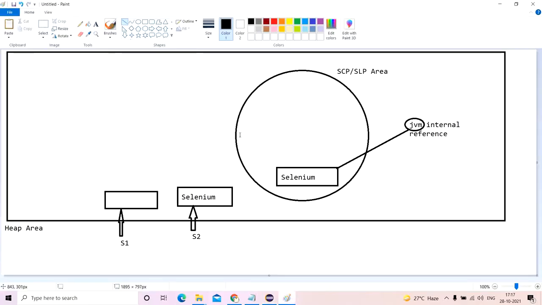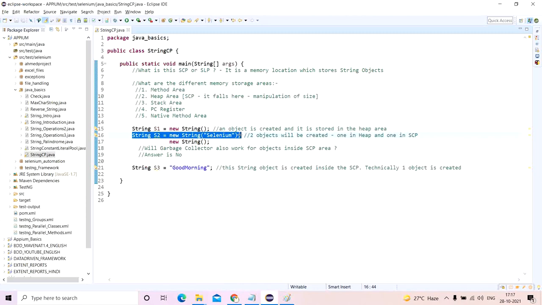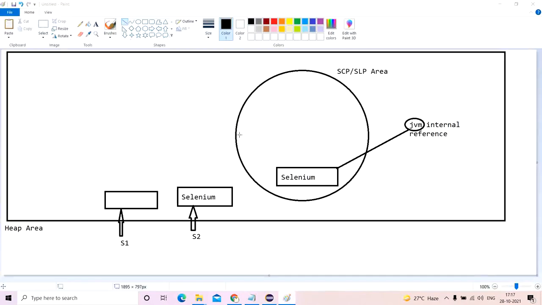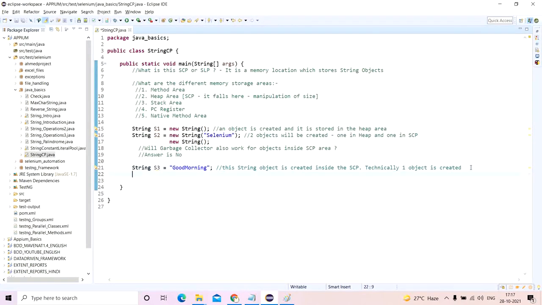Please remember, these are very important concepts. Okay, now if somebody asks you, can you please tell the difference between these two statements, this versus this statement? So what will you do? If somebody asks you the difference,